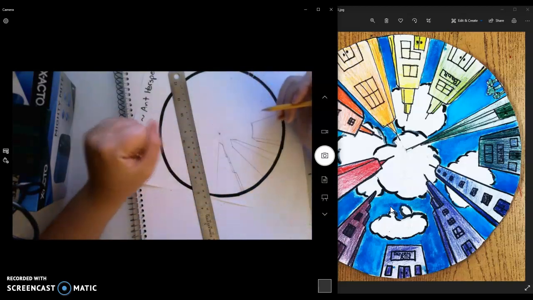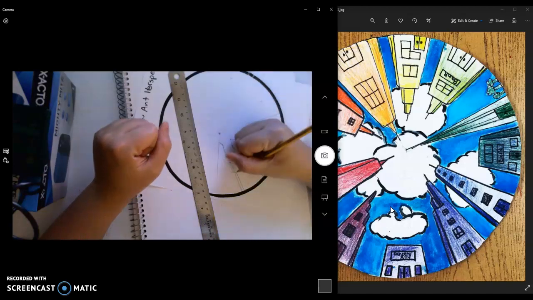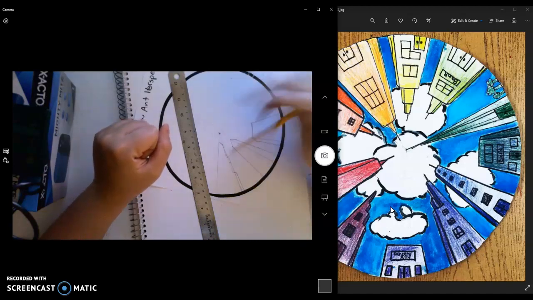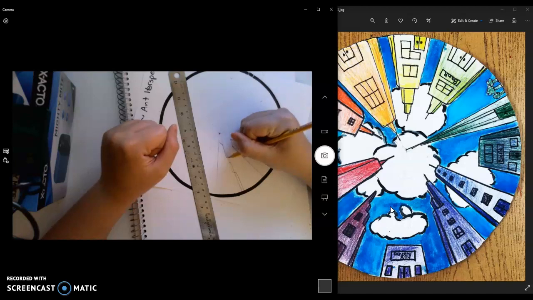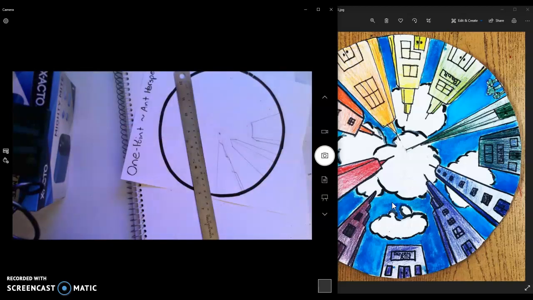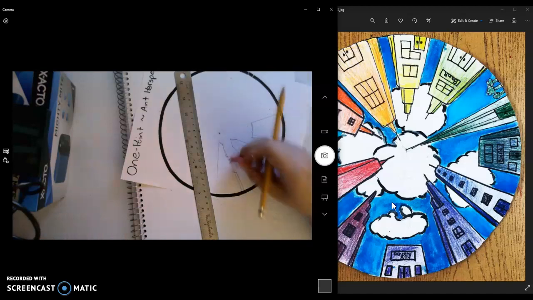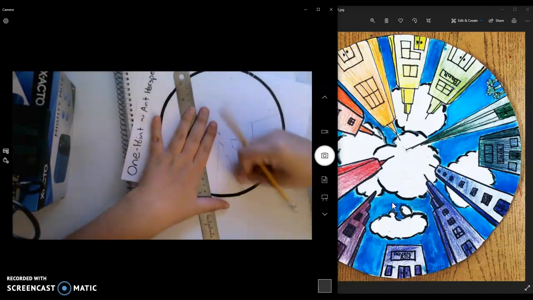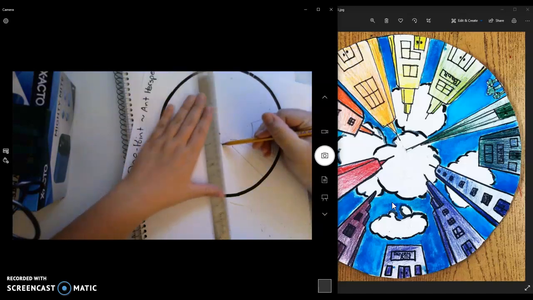Always erase what you don't need. It even looks weird to me, y'all. It happens. If you can't get something to work, like me, I just failed at that, and that's okay. Rework it. Keep going. See if you can find something that works for you. So, if that didn't quite work out,